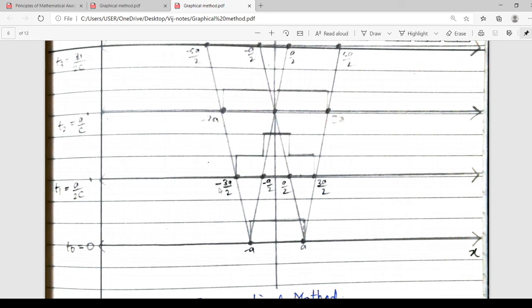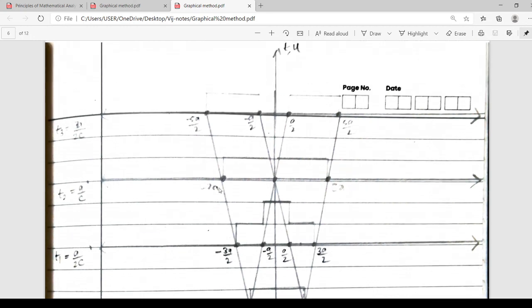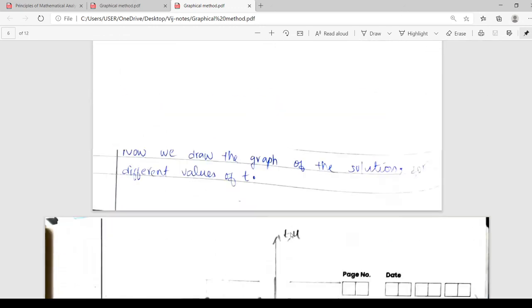Now the next value we see is t1. t1 is a/2c. At a/2c we have this value. So this line represents t1, and here we are plotting both t and u. So here we will represent t1 and then plot the points u here. So u takes the value 1 for x in -3a/2 to -a/2. Then -a/2 to a/2, it takes the value 2. Then a/2 to 3a/2, it takes the value 1. I hope you remember this, t1.